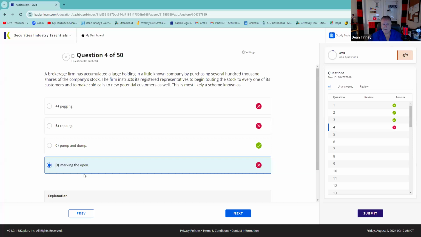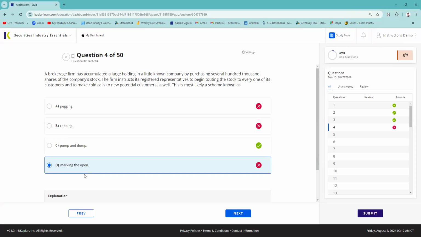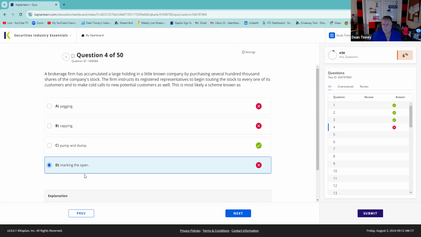Pegging is keeping the market price of the stock from falling below a certain price. The investment banker got in trouble for this. He said, as an investment banking firm, if your stock is 70 or higher, you owe us another $20 million in compensation. And the guy said, certainly. Then I call the trading desk as it gets closer to that target date and say, do whatever you've got to do to keep this stock at 70. Buy as much as you can, peg it at 70, because it means another $20 million in compensation to me. That's called pegging. Now, there is a legal form of pegging called stabilization, which we can do in IPOs.